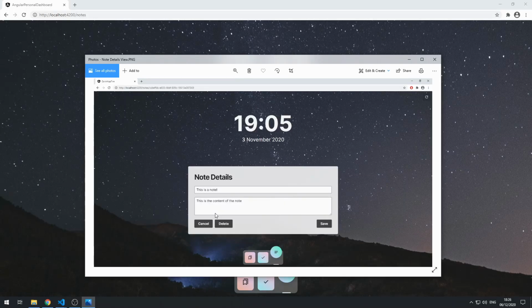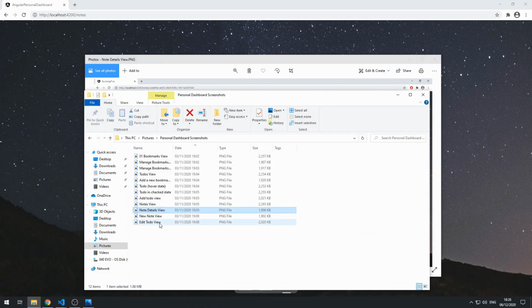Welcome to the 7th part in this series where we're building a personal dashboard app using Angular. In this video, we're going to be focused on building the UI for the Add Note view. Alright, so it will look something like this, right? So in the Notes view,